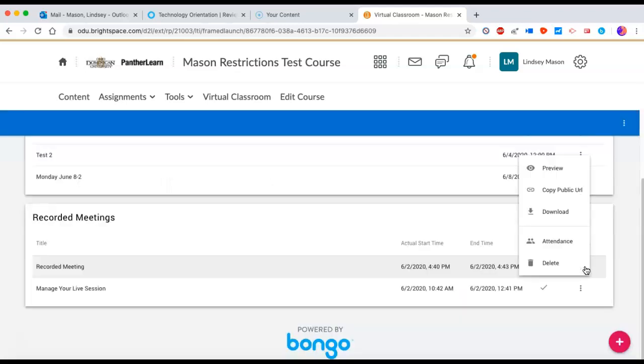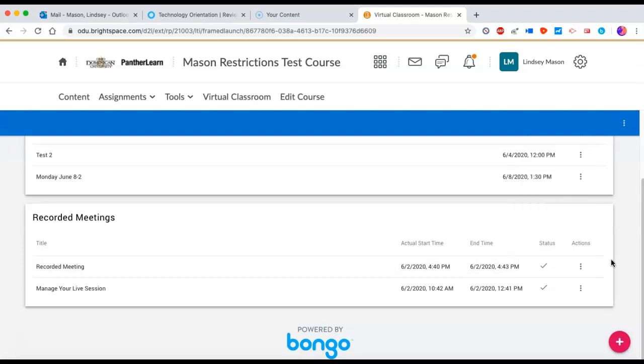The last action you could perform here is to delete the recorded meeting. As we've reiterated in a number of places in this moderator guide, we highly recommend that you don't just archive recorded meetings here in the virtual classroom. Instead, we really recommend that you add them to content. To do that, click on Content,